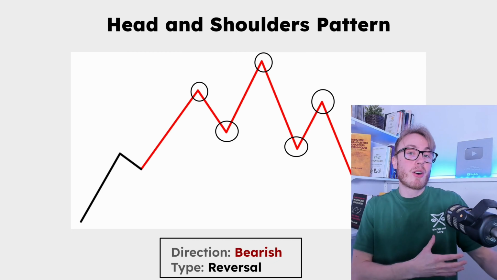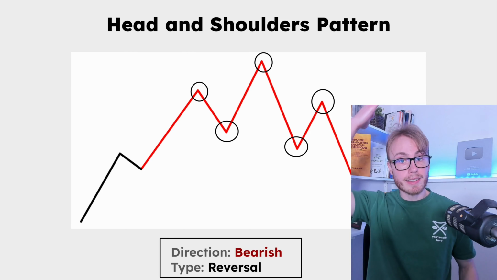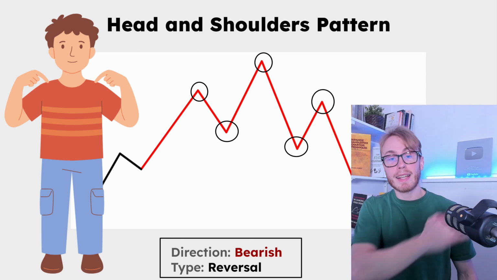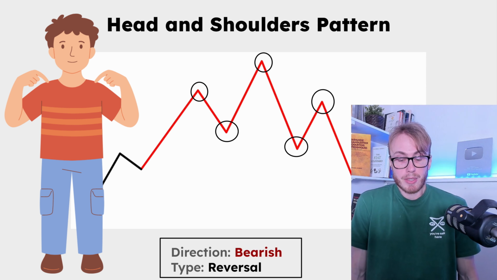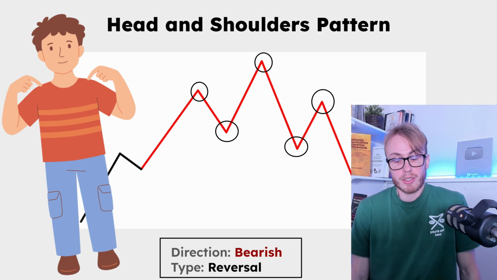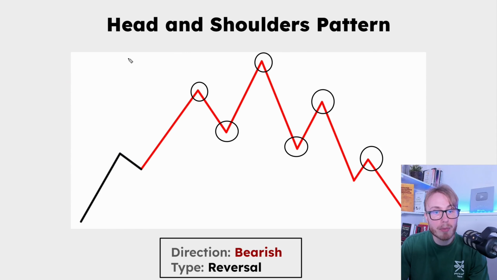And the reason this is called a head and shoulders pattern is because, as you can see, the pattern kind of looks like a head, the highest point is the head, and then we have the left shoulder and the right shoulder. And the pattern doesn't have to be straight like this. It can sometimes slope a bit to the right, slope a bit to the left. But the important point here is that we have a high, then we have a higher high, and then we